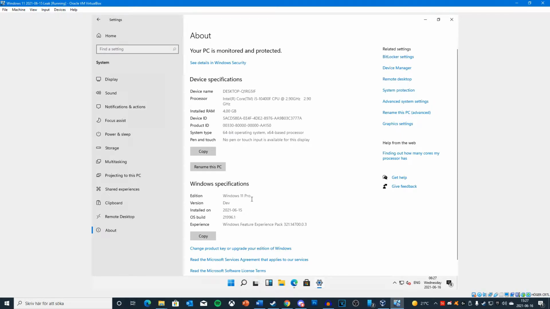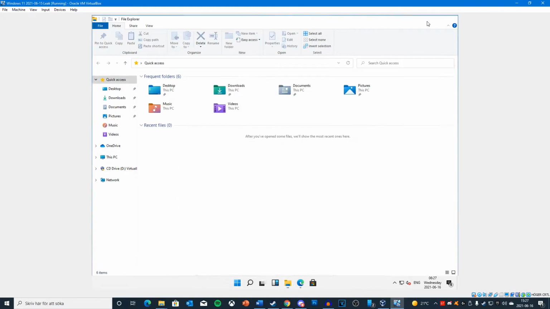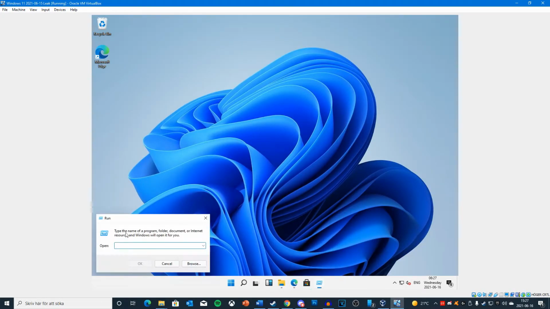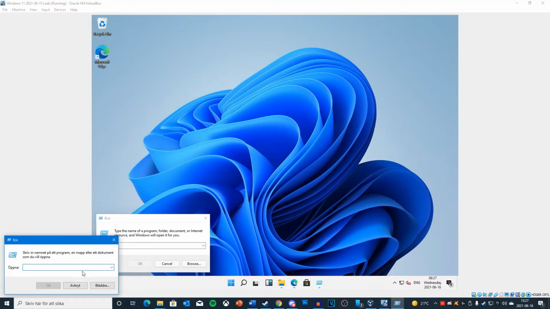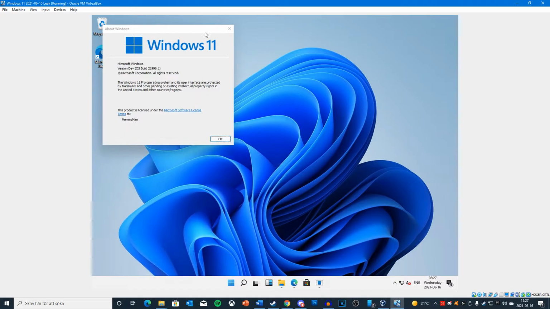See here, we got Windows 11 Pro Dev, and even if you do Win on the wrong button, if you do Win R, see we got the same run window as in Windows 10 and 7, Vista, all of these. If I do winver, we got Windows 11 version Dev, OS build, gibberish,